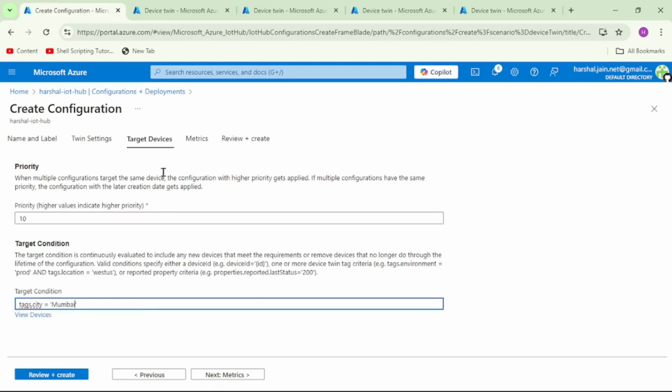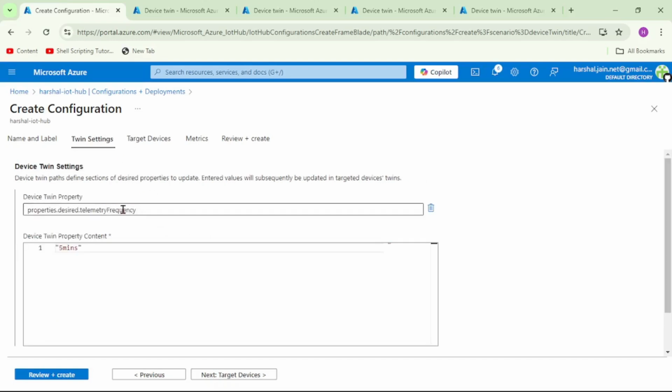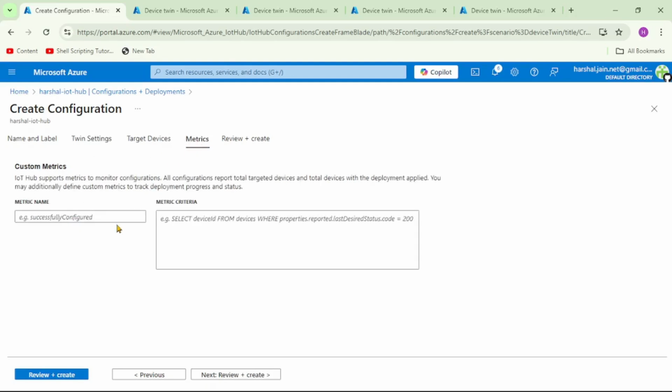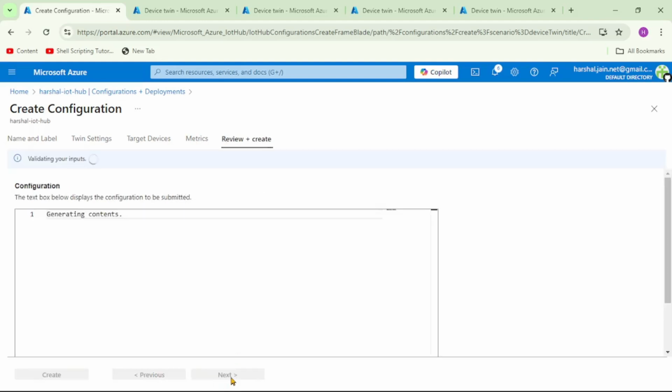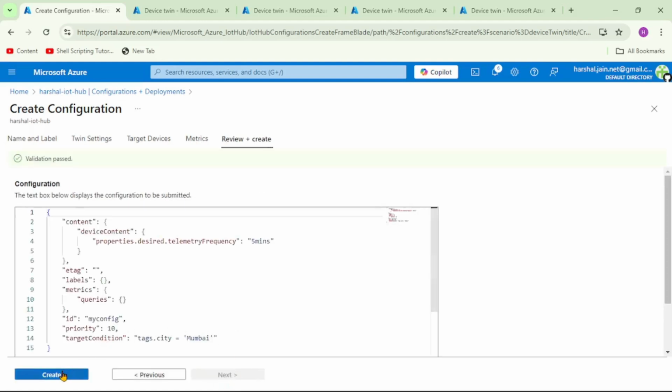So guys, observe 2 things: under target devices we have specified the list of devices through this query, and under twin settings we have specified the desired property which we want to add. Now let's click on metrics, and again, as we discussed, we will cover metrics in our next video. So as of now, let's ignore it. I will say next, and let's say create.